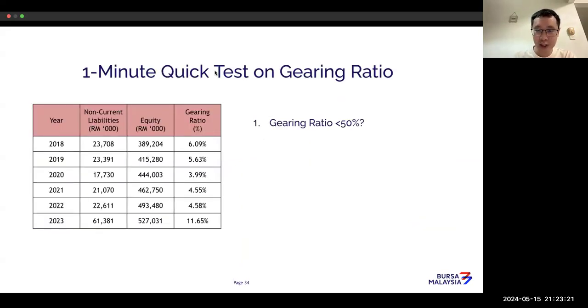So you can actually do the 1 minute quick test to see the gearing ratio of your company. Okay, so now I'm gonna just go up. I'm gonna just see what other companies that I can actually find. Let's find a good company. Okay lah, we have Anyco. Anyco says Mcom. Okay lah, what's Any? So Mcom,